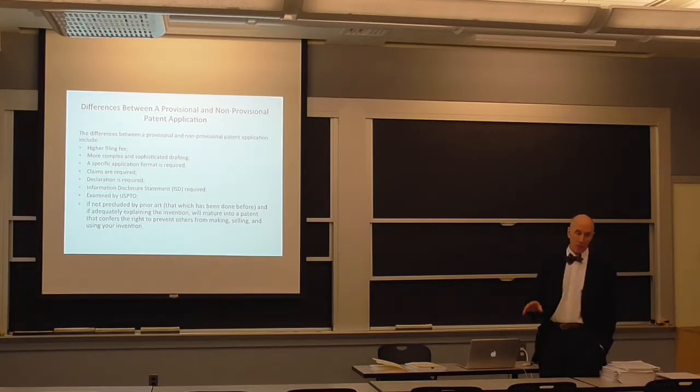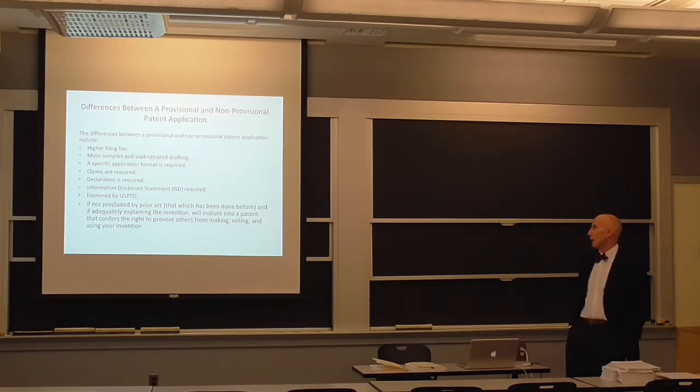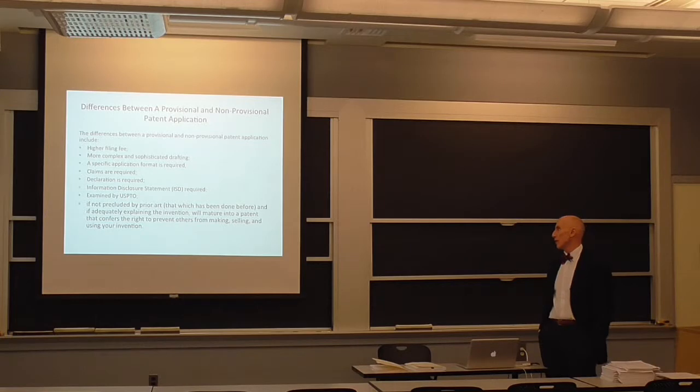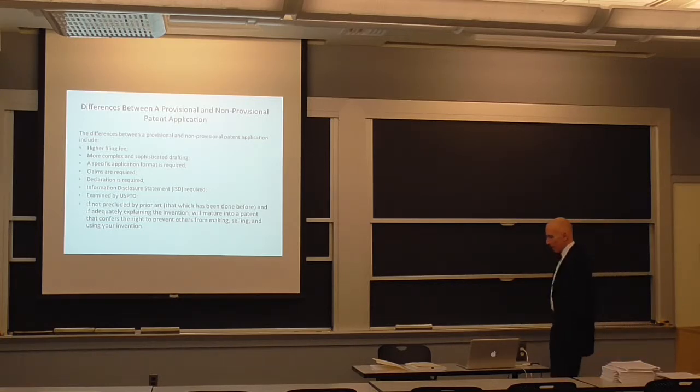Many provisional patent applications get approved without any examination by the USPTO. If not precluded by prior art, that which has been done before, and if adequately explaining the invention, the application will mature into a patent that confers the right to prevent others from making, selling, and using your invention. Of course,